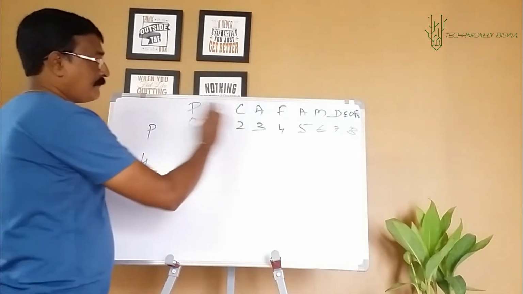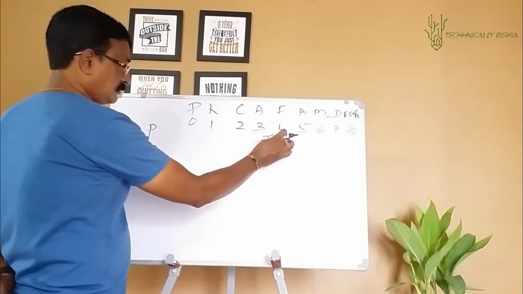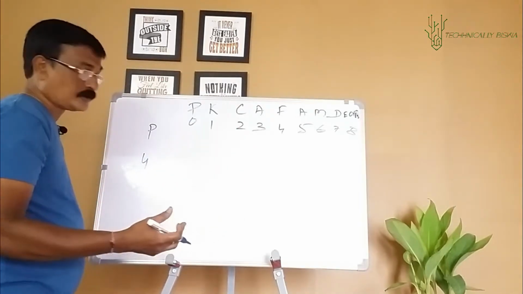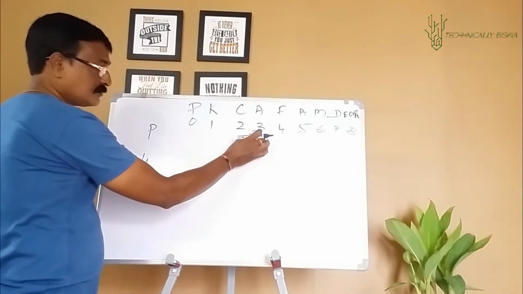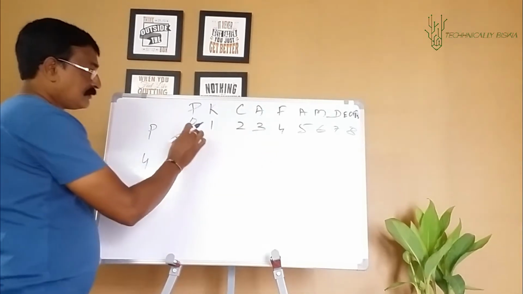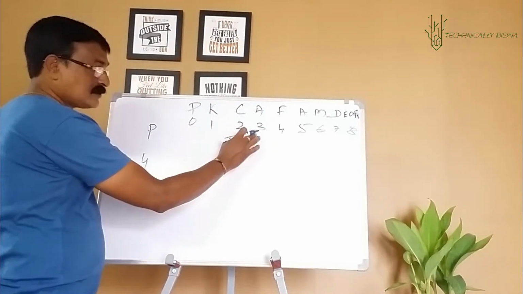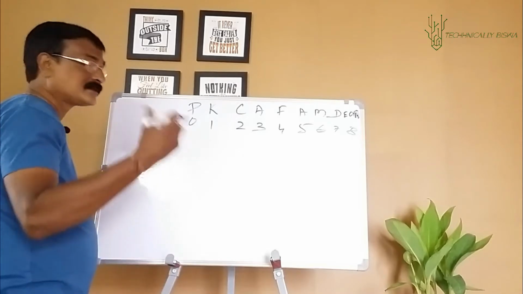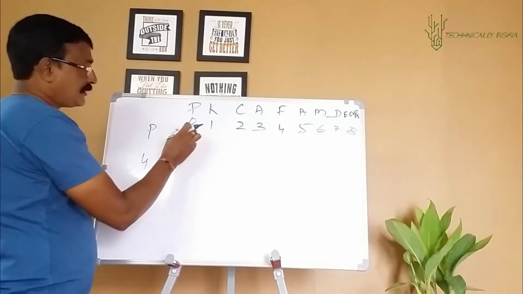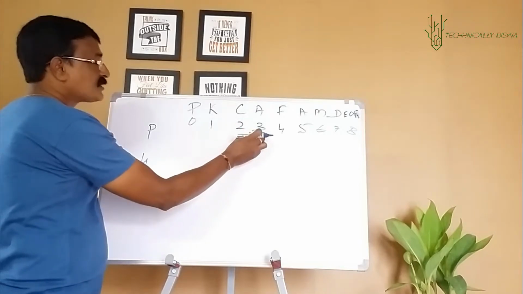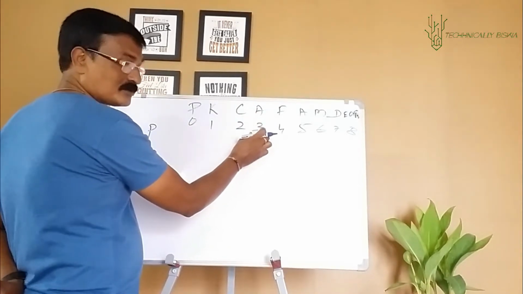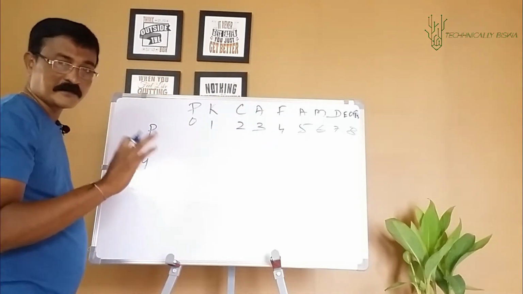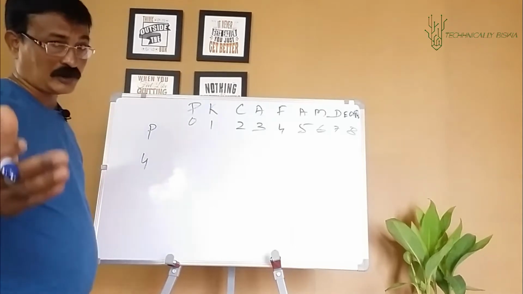So I travel to position 4 in the file. Actually the user says 4th position. Is it this position or this? Practically, if I look at the file, this is the position the user wants edited, isn't it? But as far as the file is concerned, since the first location in the file starts with 0, obviously this is the character which the user wants replaced with P, whatever character is there. Alright, so let's move to the first program, the first slide.